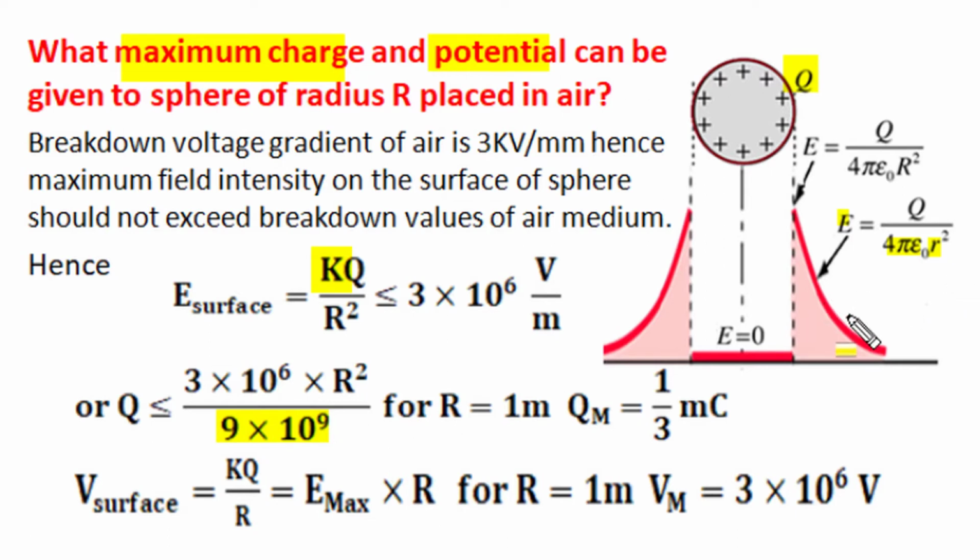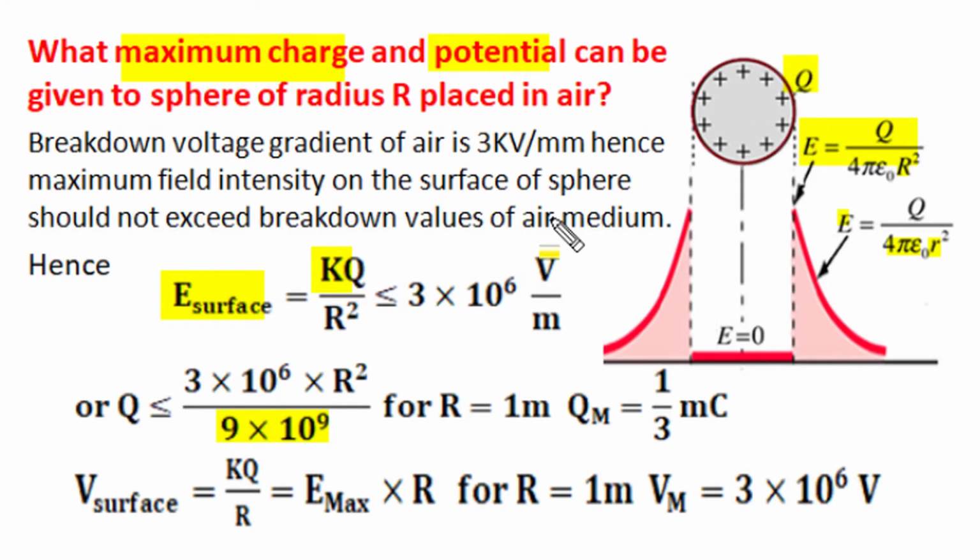As we move closer to the spherical surface, at the surface where small r is equal to the radius of the sphere, the electric field becomes maximum, kQ/R² at the surface. It is clear that for a fixed radius of sphere, the surface electric field intensity will increase with the amount of charge on the spherical surface, and if we increase charge on the spherical surface, the electric field intensity keeps on increasing. But this increase of charge, or increase of surface electric field intensity, has a limit, and that limit is decided by the dielectric strength of the surrounding insulating medium.